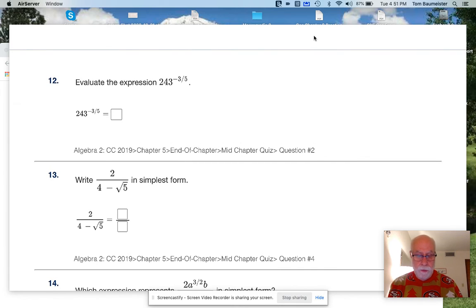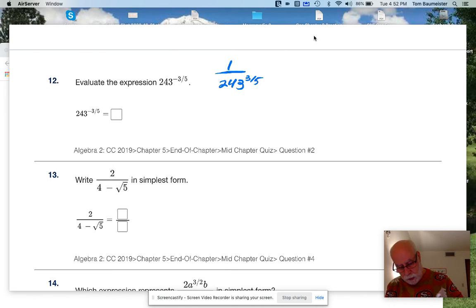Almost done. This one, we just did one just like it at the very beginning. So remember, I have that negative there, so I'm going to automatically go 1 over 243 to the positive 3/5 power. Now remember, I was showing you this earlier. I didn't state it too much, but you can write this as the 5th root of 243